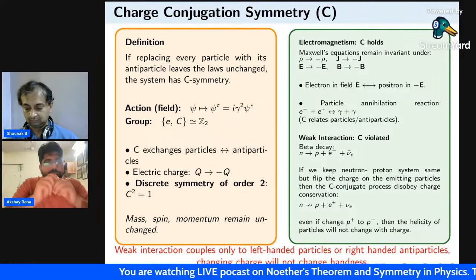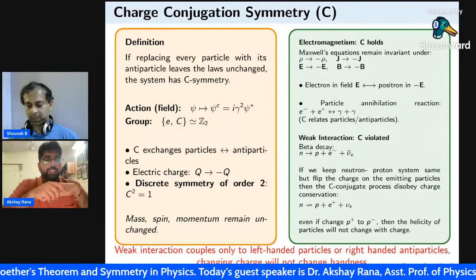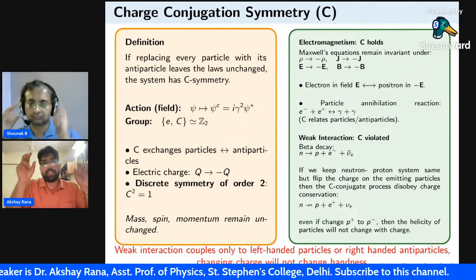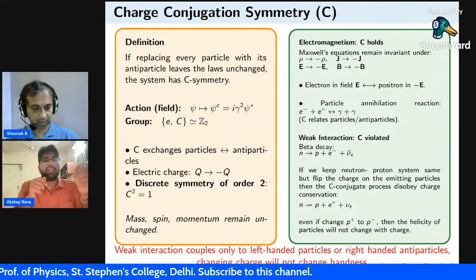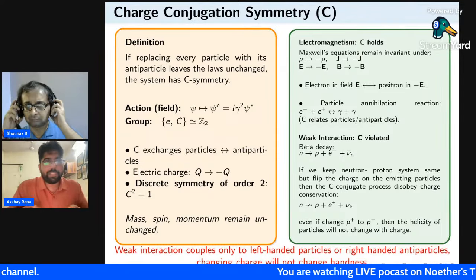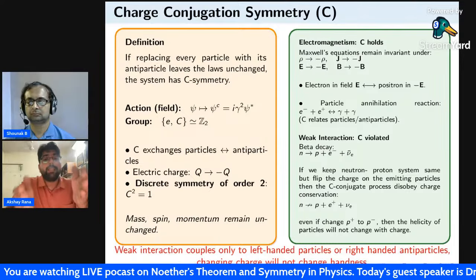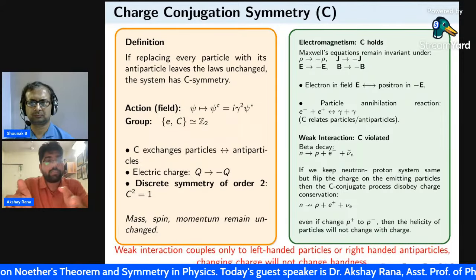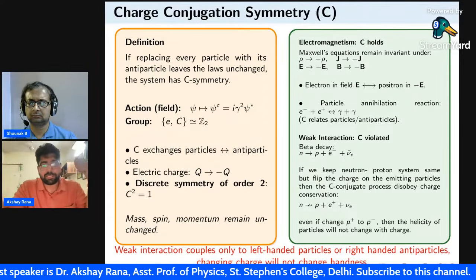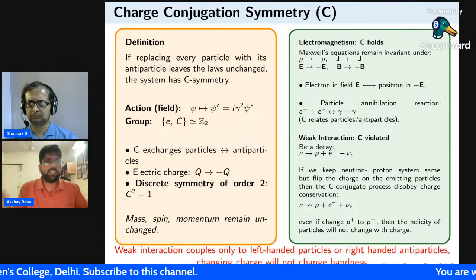But when you try to observe this particular equation and try to make a charge transfer, the electron is charged, and the anti-neutrino is chargeless, and the changes can be in two manners. Either you keep your neutron and the proton the same, and then you make the charge change so the electron goes into the positron, but then charge conservation will not hold. Because proton and electron have +1 and -1 charge, the whole equation gets neutralized. If I make the electron a positron, there is going to be a net charge on the right hand side. So eventually, instead of proton, if I talk about anti-proton, that might seem like a physically valid condition. But